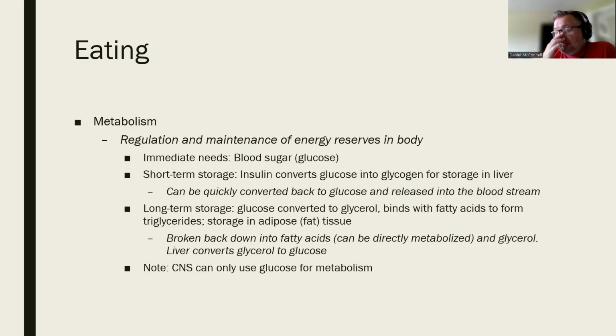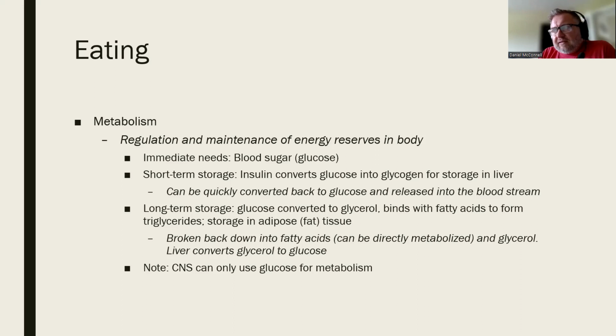So that means that we need to have some way of storing for those lean periods, right? Storing for the winter, perhaps, when there's less food. So in that case, body fat. And so now, like there is with an ideal sort of sense of blood sugar levels, there is an ideal body fat percentage, right? You don't want too low, you don't want too high. There are, again, health consequences of both. So there is some sort of predetermined set point for where the body fat storage ought to be.